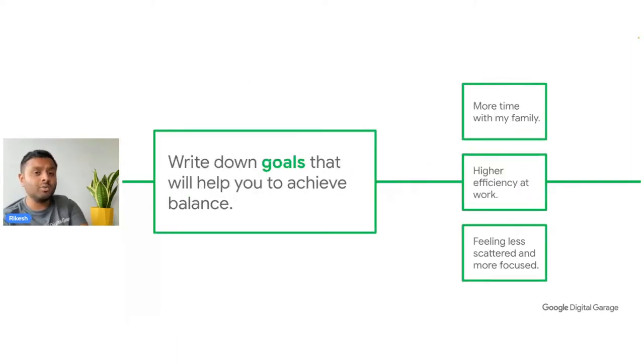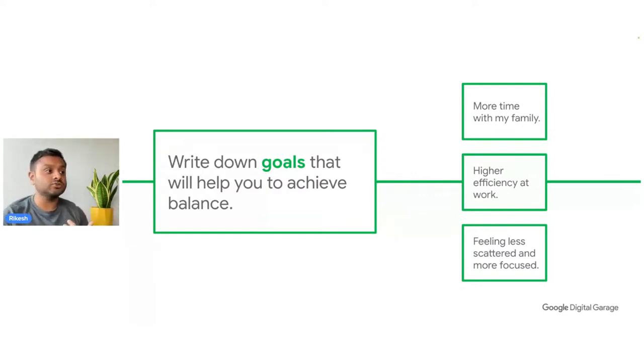So with that in mind, what I want you to do is jot down some goals that you think are going to help you to achieve your balance. These are goals where you might think, well, this is where I want to be. This is maybe one of the reasons that I'm attending this webinar session, because I want to achieve this particular balance. You can see some examples here on screen.